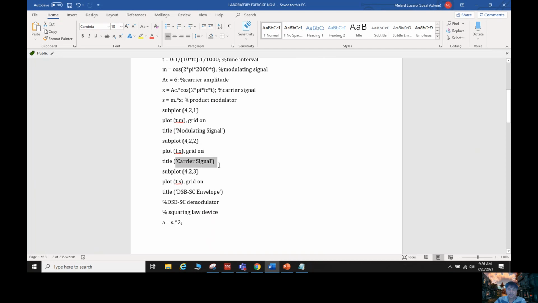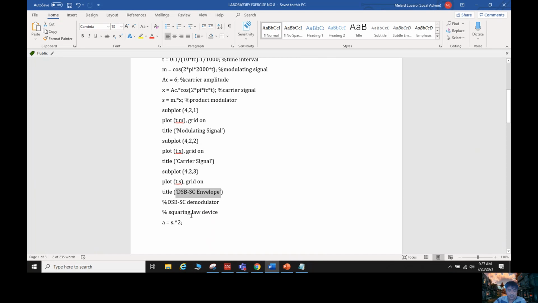The second one is the carrier signal, and the third one will be the DSB-SC envelope. So basically, the image will be just like this: this will be the first one, this will be the second, and this will be the third. I can figure it out and show it to you later, after we have analyzed